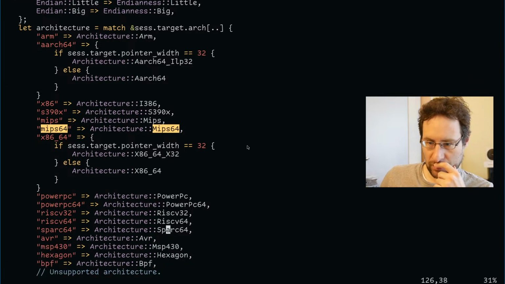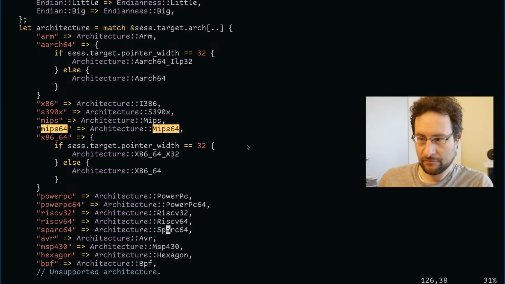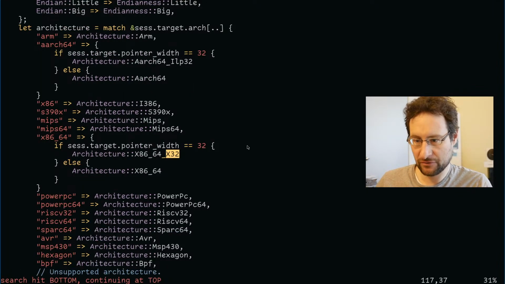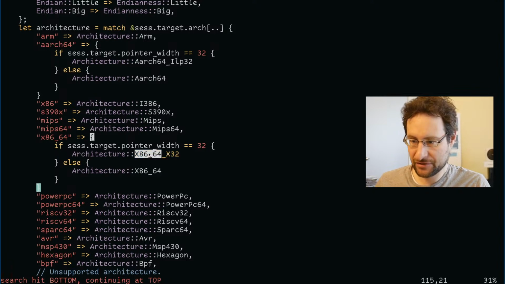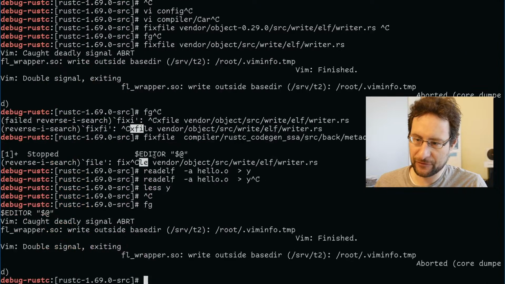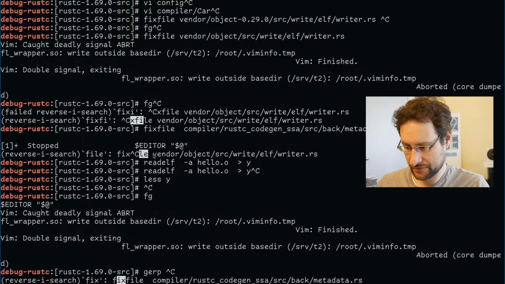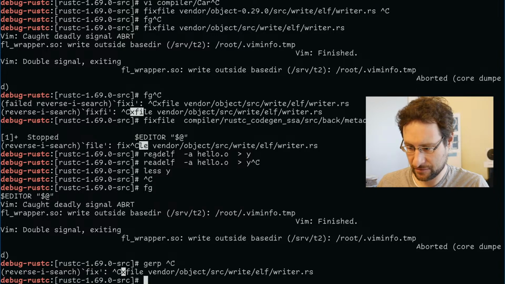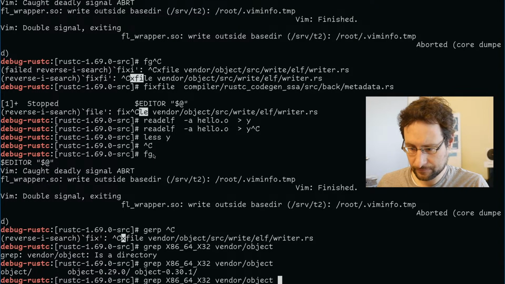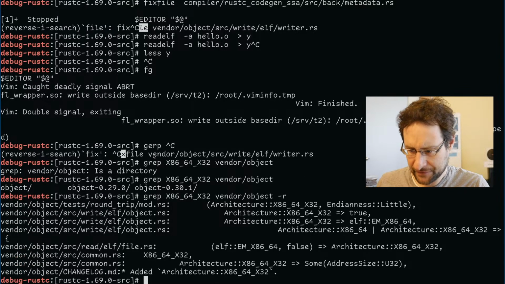So basically, where would they have X32? Only it duplicates the... You know what, let's grep for that. So what I usually do is then grep for something uncommon. And so where was it? Fix file in vendor object probably. And then I check what they do there. That is, I've found over the years, the most efficient thing in other people's code bases.